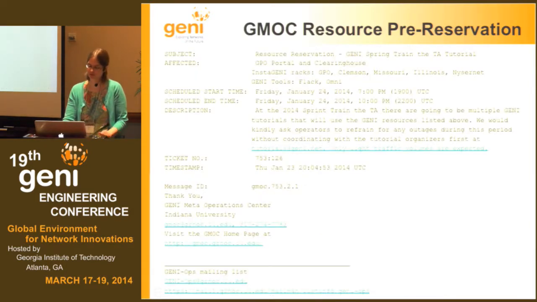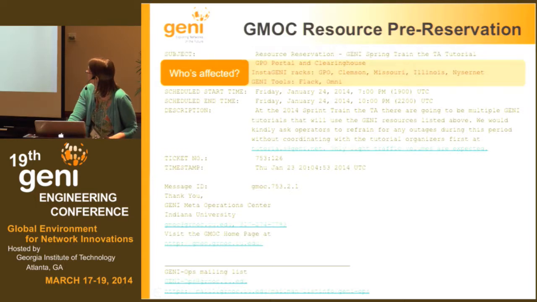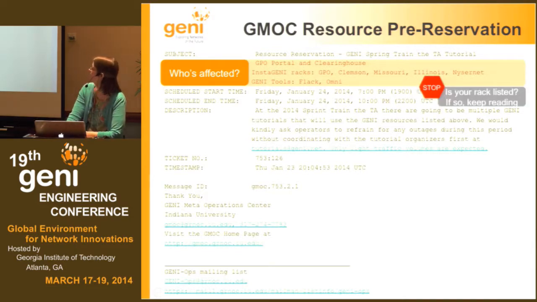So there's emails that come out. Currently, they're a little cryptic, and so I just want to walk through them really quickly because it's a wall of text. So here's an example of an email for our Spring Train the TA tutorials. It says what resources, what tools we're using, sort of all of that. And basically, if you're a rack admin or at a campus and your location isn't listed, then you can stop